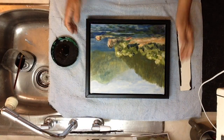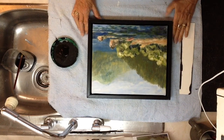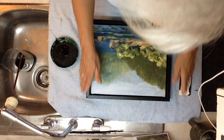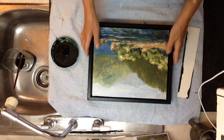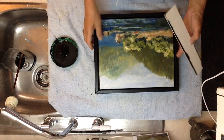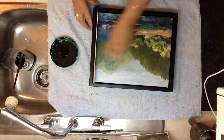I use all wood frames whenever possible in my paintings, and because I do go to a lot of shows, my work gets into a gallery, sometimes the frames get a bit damaged. If you want to fix them up without taking the painting out of the float frame, which is like this, there's a fairly simple way to do this. I take a piece of mat board, and because this is a float frame, I can slide it in onto the side like this,